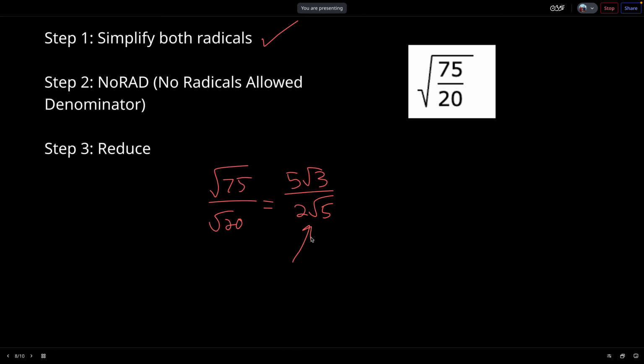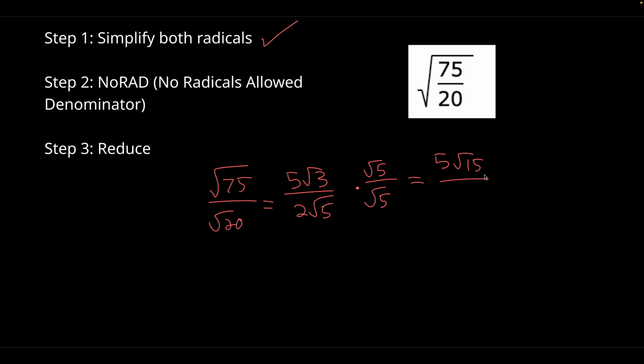And I have a radical in my denominator. We have got to get rid of it. In math, we just don't write radicals in the denominator normally. So how do we get rid of it? Well, we are going to multiply the top and the bottom by whatever the radical is that's giving us problems. In this case, we don't like the square root of 5 being in the denominator, so we're going to multiply the top by square root of 5 and the bottom by square root of 5. We should know how to multiply radicals already, so when I multiply this, I'm going to get 5 square root of 15 in the numerator. In the denominator, I'm going to get